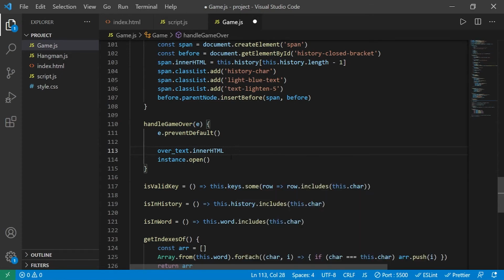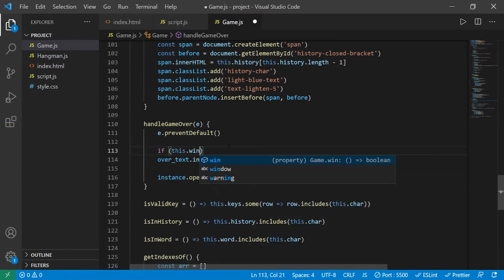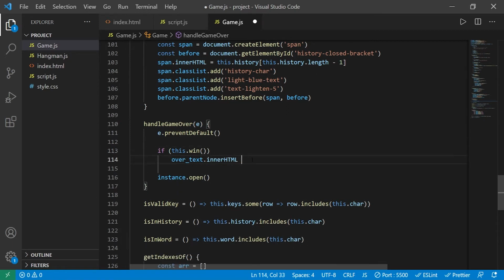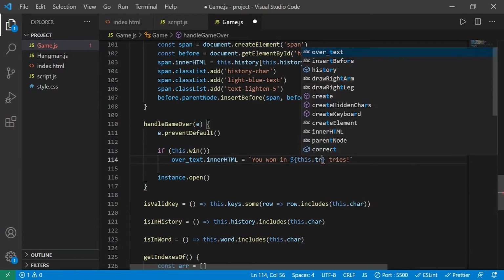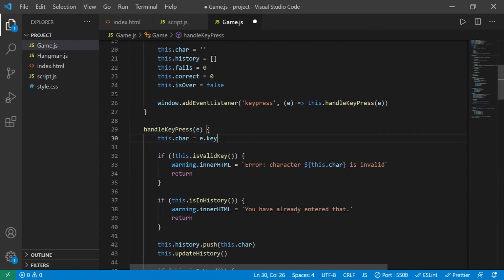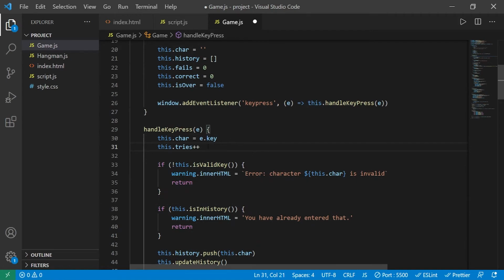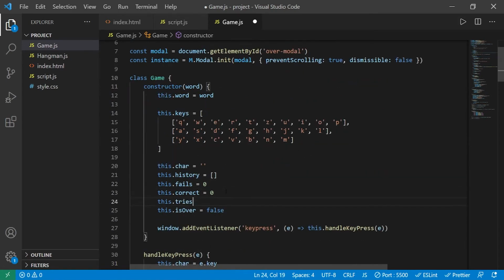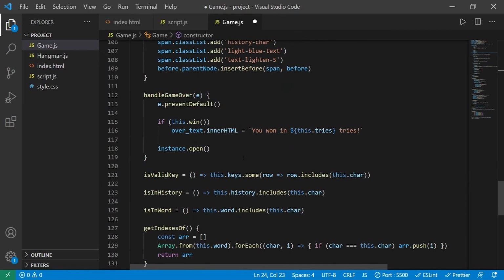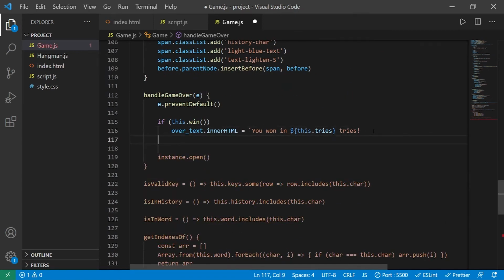if this.win, then overText.innerHTML will be a template string: you won in tries. This will be this.tries. I have not created this. We have to create that logic, and every time we press a key we will just increment our this.tries, and in here we have to initialize it with 0. And now in here, where was I? In here we say